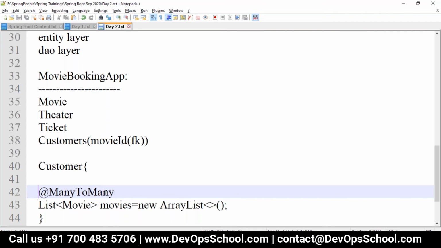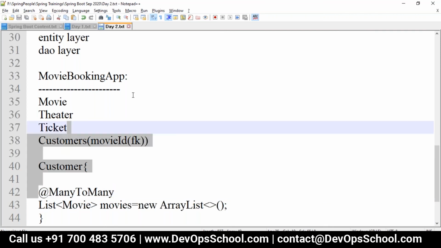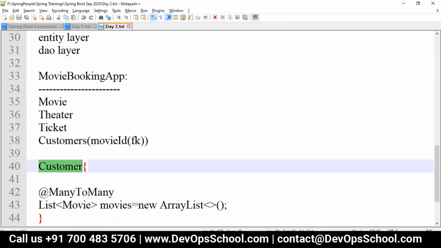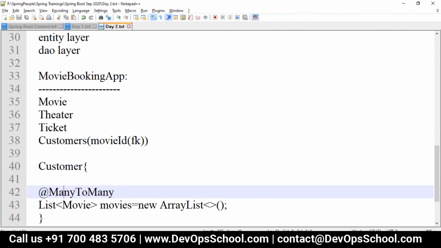This many to many will be an annotation from the Hibernate side. It will configure that many customers have many movies. If you want to configure one to many, you'll configure it with one to many. So this mapping will be taken care of.